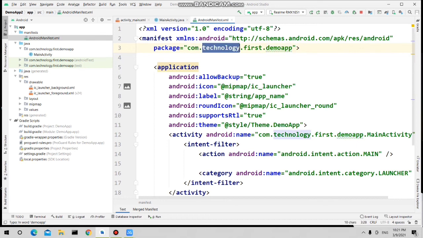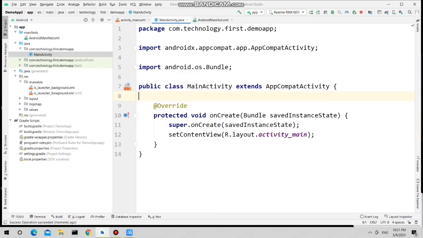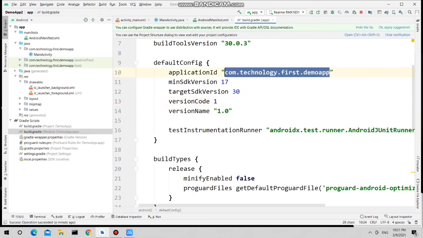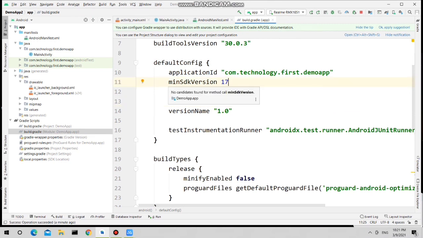These are the folders. Packages are nothing but folders for other packages or classes or interfaces. So everywhere you will see the changed package name. In the Gradle file also you will see the changed package name. So this is the simple step for changing the package name of your application.